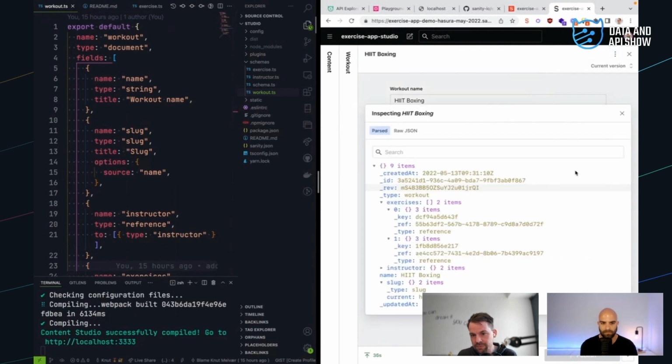All Sanity documents have this underscore ID that's immutable. You can use that as a reference. That is what's actually used in the reference fields, right? However, sometimes you want that reference to be more human readable, and that's where a slug would be handy.